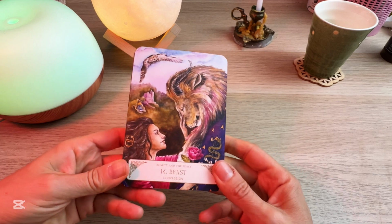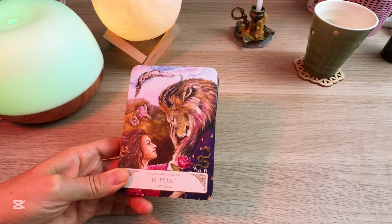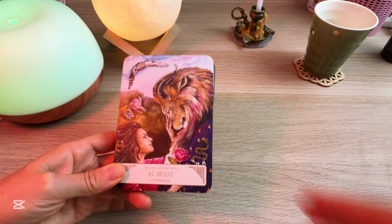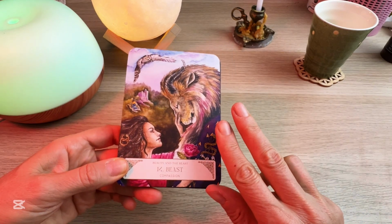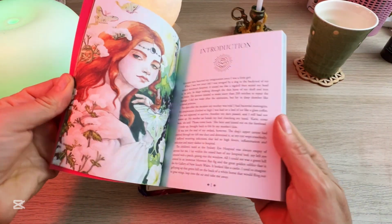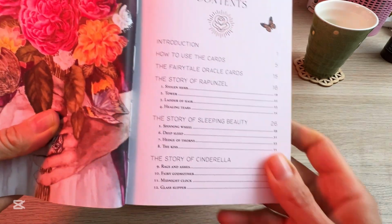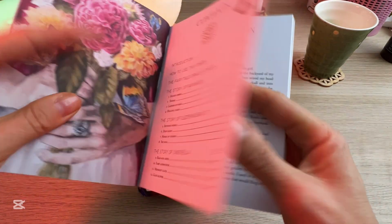So there are, I think, 11 or 12 fairy tales, I counted them but now I can't remember, and each fairy tale gets a couple of cards. If I just showed you the fairy tales that you get, we get Rapunzel, Sleeping Beauty, Cinderella, so the